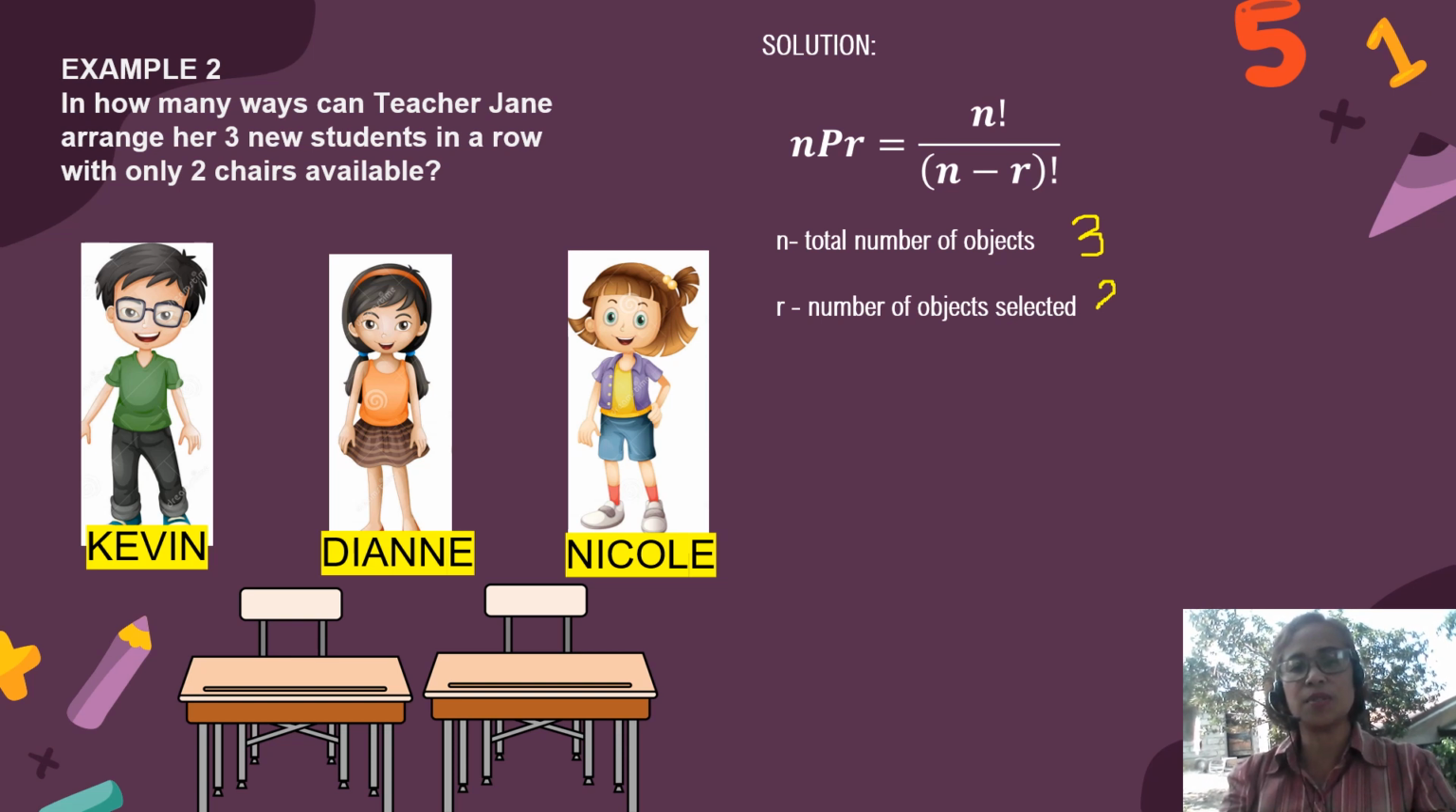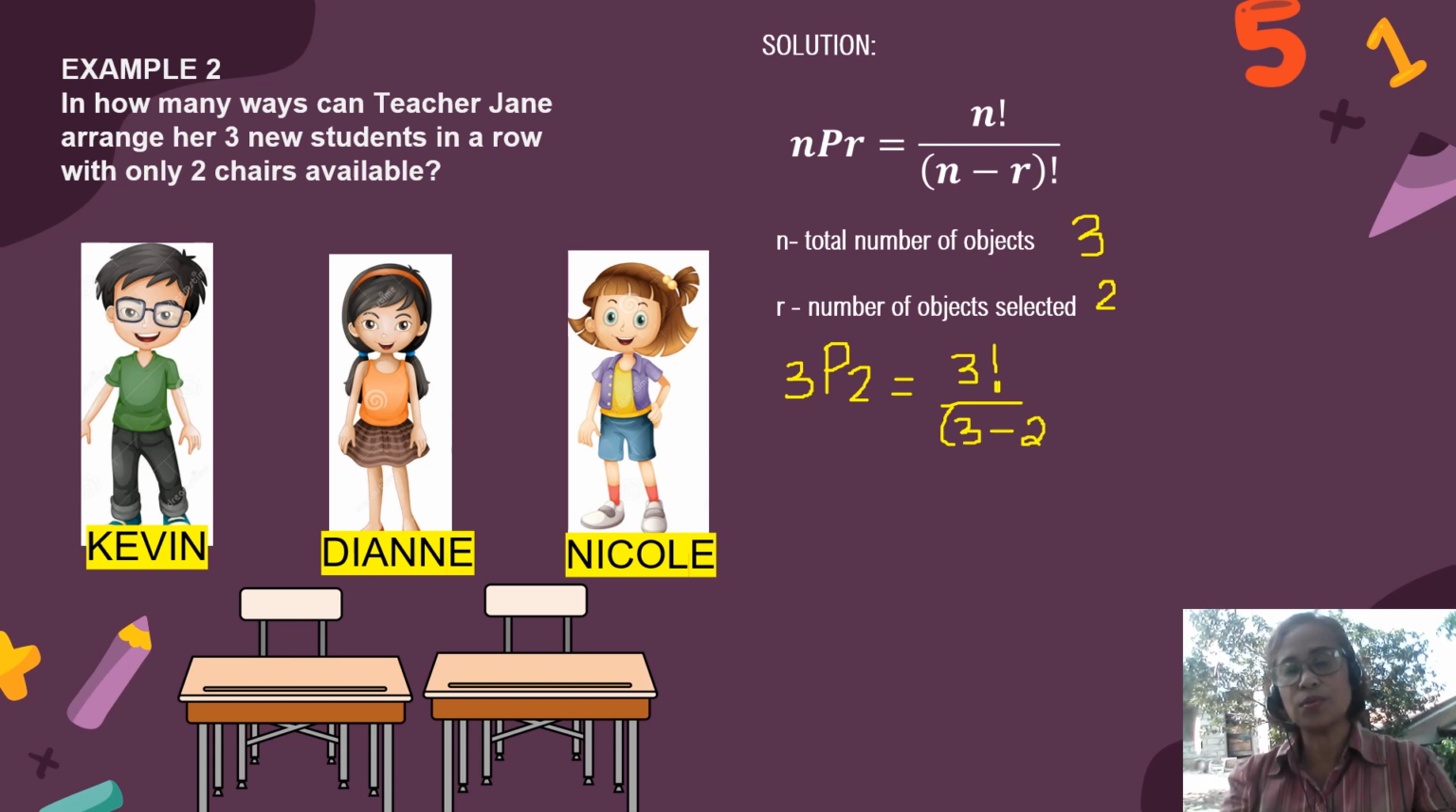So this becomes 2. Now, using the formula, we are solving for 3P2. Again, you can instantly get an answer by pressing this in your calculator. You just look for the nPr key. And then, this becomes 3 factorial divided by the quantity 3